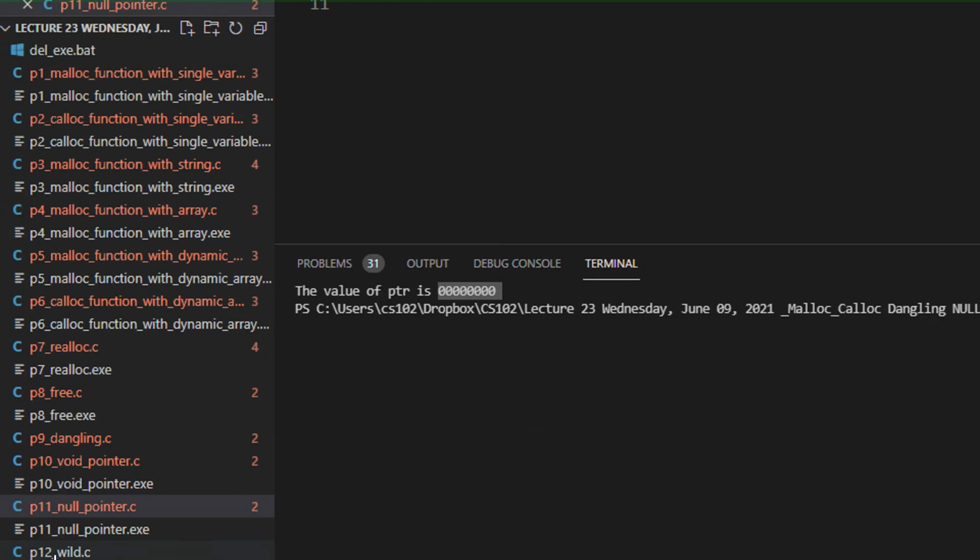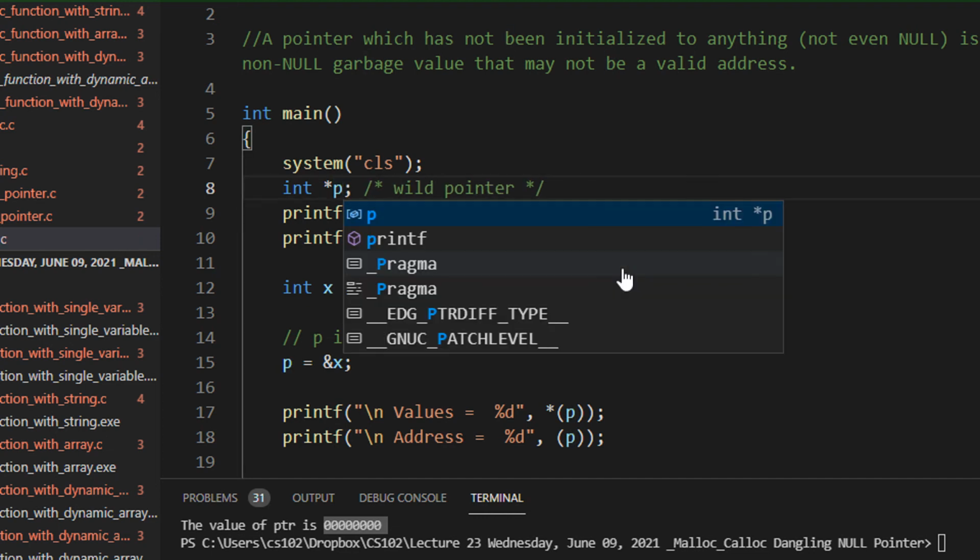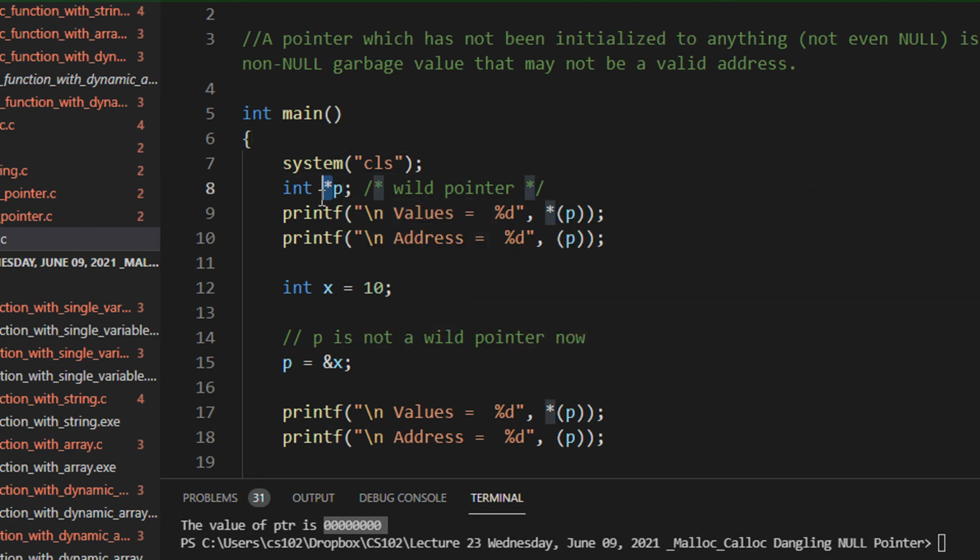And one of the doubts was what is a wild pointer, right? A wild pointer is as simple as when you're declaring integer star p. Although I am declaring p to be of type integer, I am still not giving it something, let's say ampersand b. So p can hold an address, but as of now, it does not know which integer variable's address it is. It does not hold any address as of now. It has the potential to hold an address, but as of now, it is kind of jobless, right? No idea at all. So these are known as wild pointers.